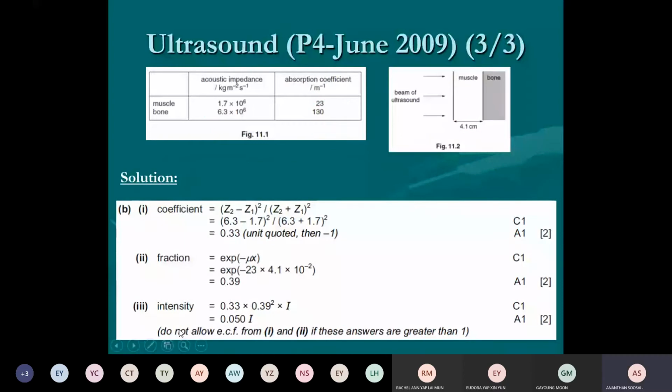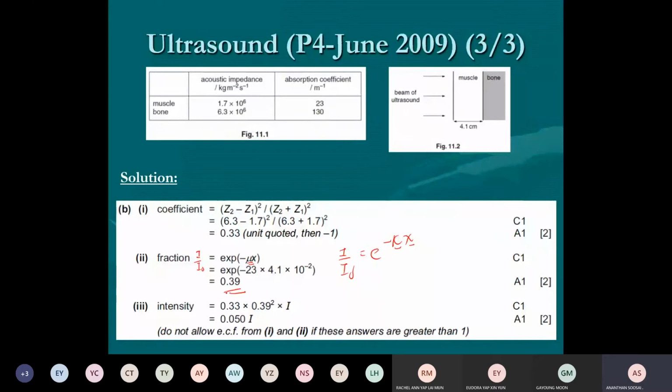Okay, so that's the next one. The fraction. They want the fraction I over I naught. So the fraction is actually I over I naught, which is the exponential of Kx. Sometimes Cambridge puts mu, but it doesn't matter. I over I naught equals e to the negative Kx. So you can put the K and x values in, and you get that